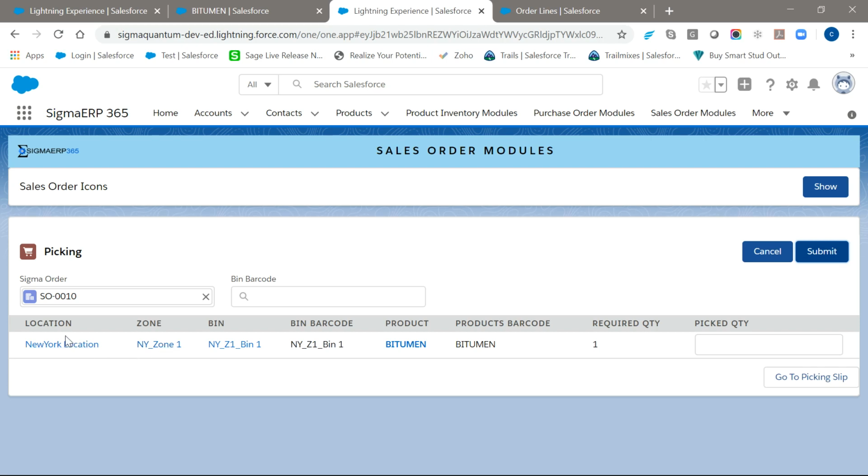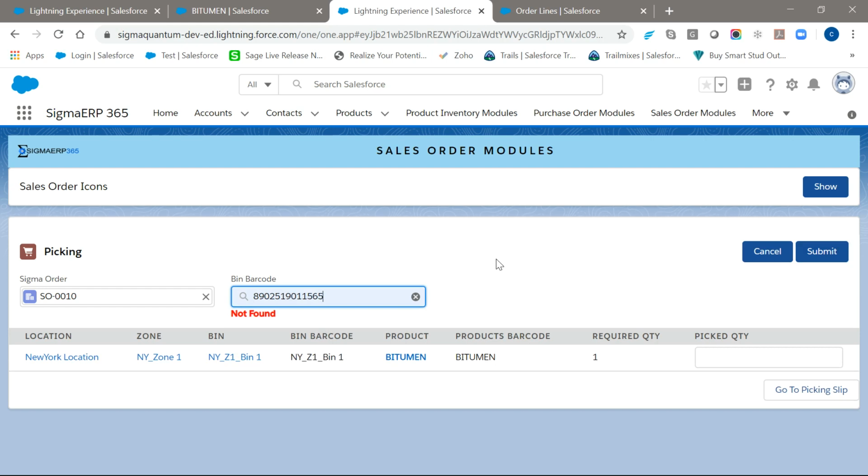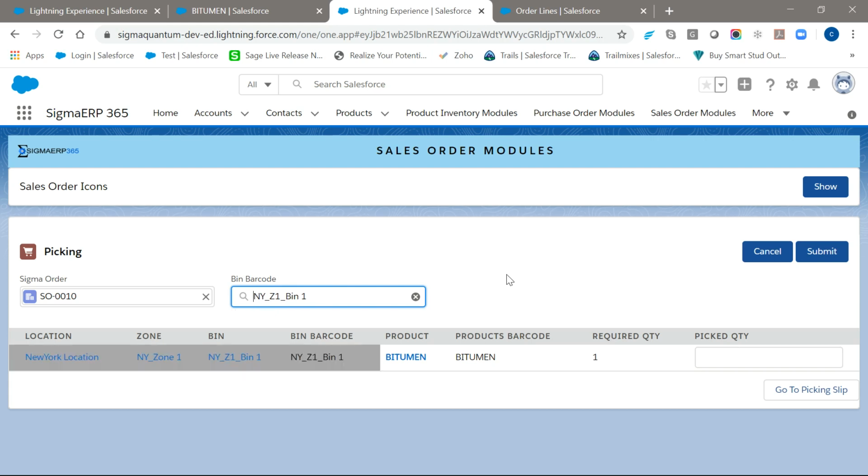So now I will scan the bin barcode. If I have anything wrongly scanned, we have the validations in place. Yes, that is the right one.